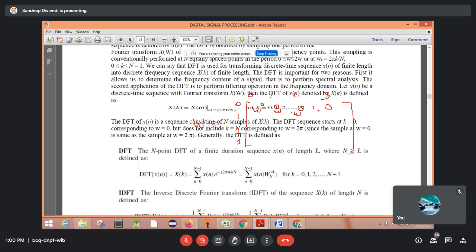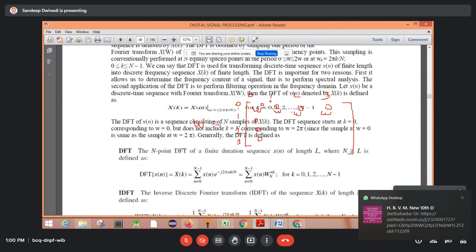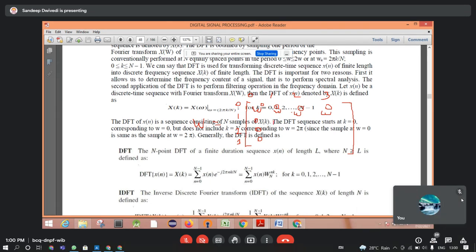It is quite difficult for me to write W raised to the power 0 each time. Here in the column also, this 0 will multiply with all these values, so all these values are W raised to the power 0. That means 1, since anything raised to the power 0 is 1. Here this value is 1 into 1. Then you are multiplying this row with all these columns, so this will be W raised to the power 1, then this will be W raised to the power 2.